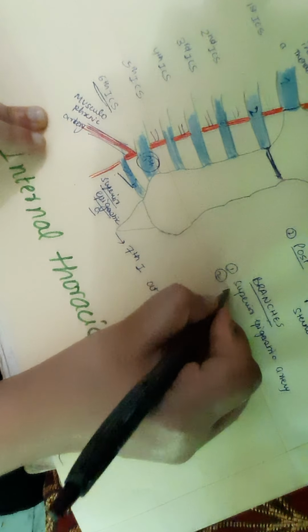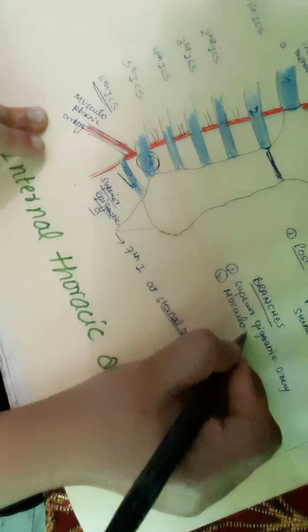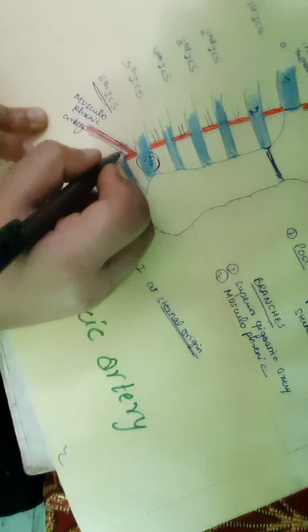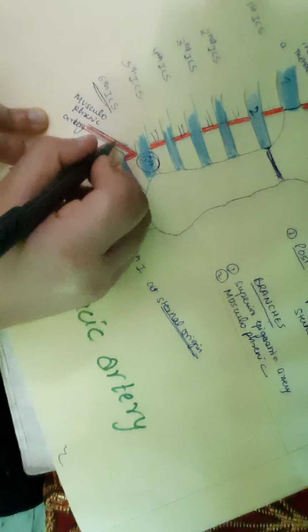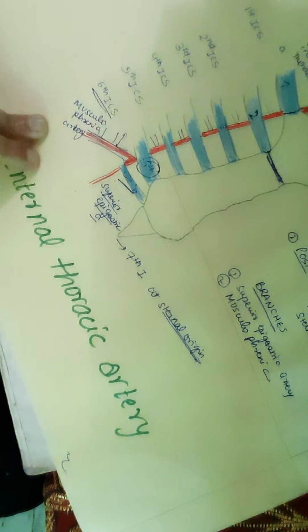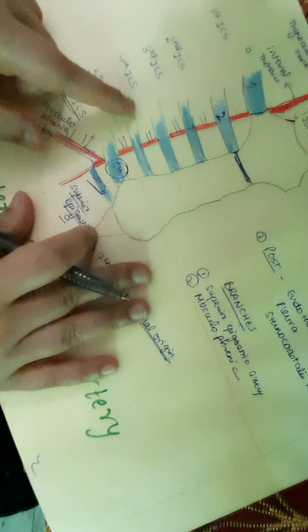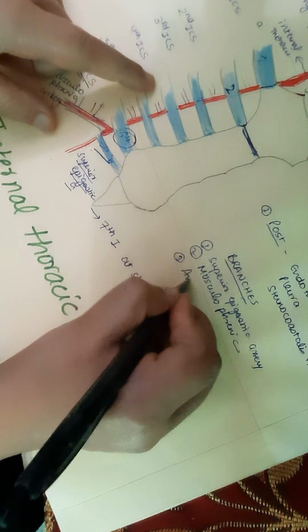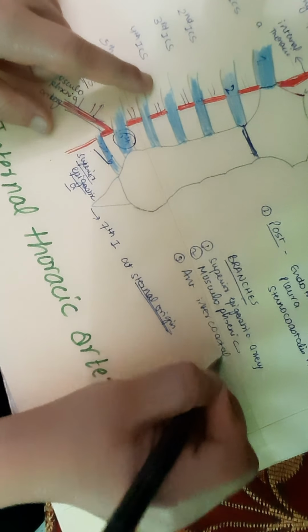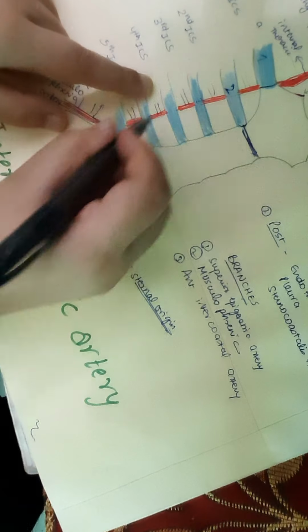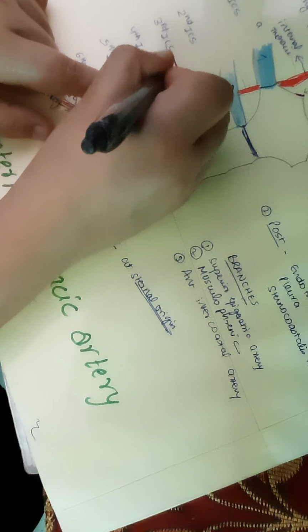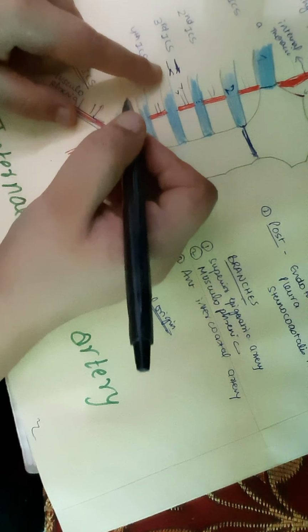So the second is the musculophrenic artery, and the musculophrenic artery is also going to supply the intercostal spaces of the 7th, 8th and 9th rib. Right, so what branches does it give there? The anterior intercostal artery. So the anterior intercostal artery is given here. Next, other than this, you can see very easily, we have the anterior intercostal arteries. These anterior intercostal arteries are going to anastomose with the posterior intercostal arteries. These are the posterior intercostal arteries coming from backwards. So they're going to anastomose with the posterior intercostal artery.